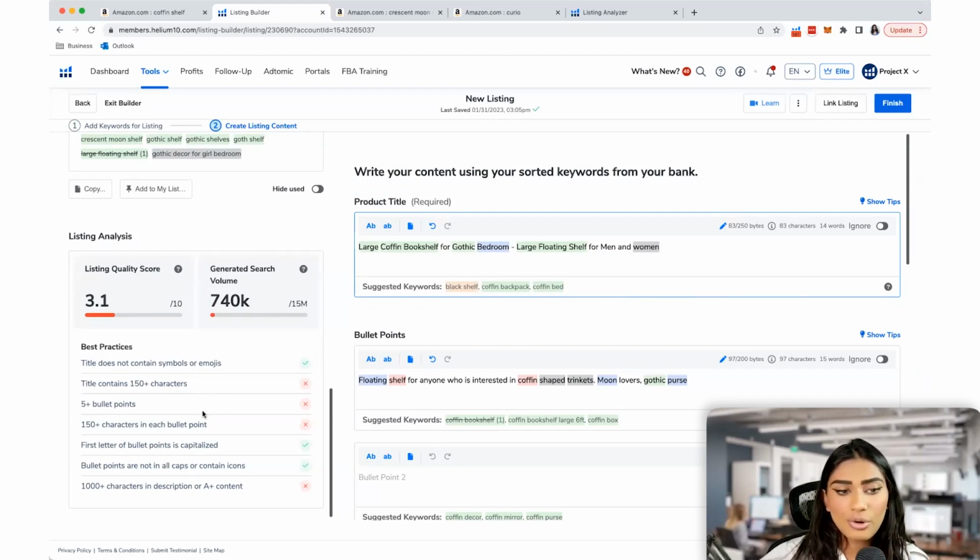You'll want to go through and take a lot more time than I did showing you how to use these tools. You'll want to start with Cerebro. Of course, feel free to use other keyword research methods as well, such as talking to your neighbors. Maybe you're on Google and you want to check it out on Amazon. Make sure that you're cross-referencing and then compiling that list. Go into Listing Builder, pull all of that information in and start playing around with how you can say things. Make sure that you're just not keyword stuffing.